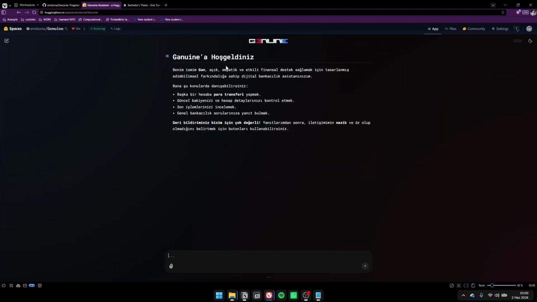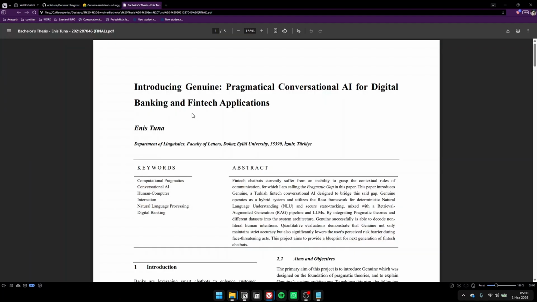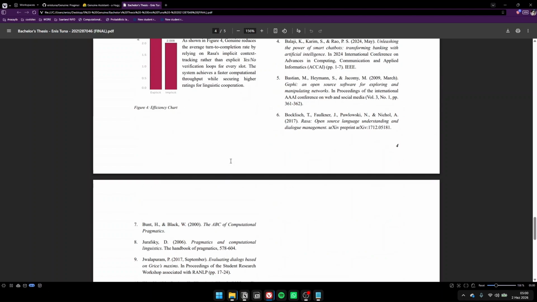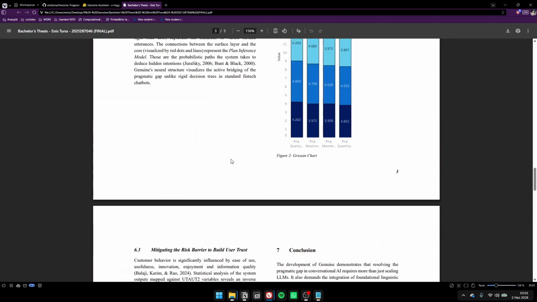I actually had a problem just a few hours ago. The generative AI wasn't working, and I realized that it was using an older Gemini model, so I just updated it. I'm gonna explain what this project is all about. I'm gonna give some details, and if you want more details, you can read this paper right here. It's not too rigorous, it's not too long. I mean, it is rigorous, but it's not too long.